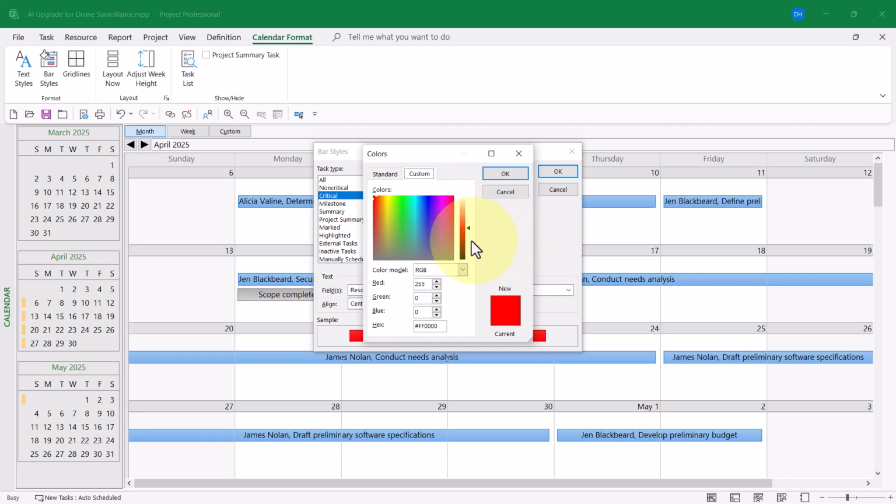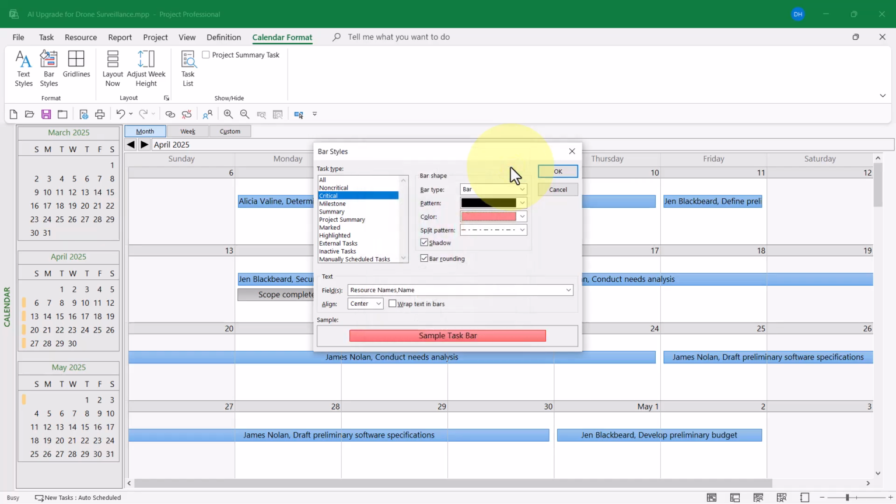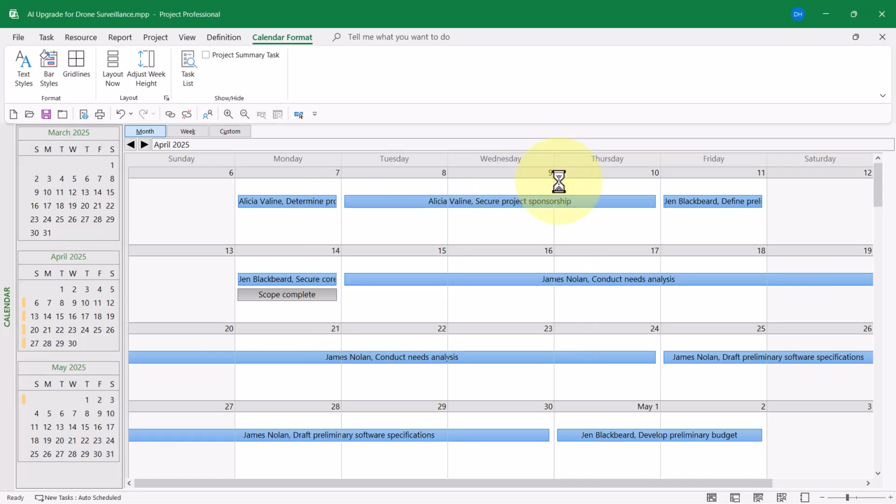Now, I really love this trick. See this thing over here? This is the color slider. And if I grab this little triangle and slide it up a bit, here I'm getting a much lighter red color. So when I click OK, and then I click OK, all right, I've got the resource name followed by